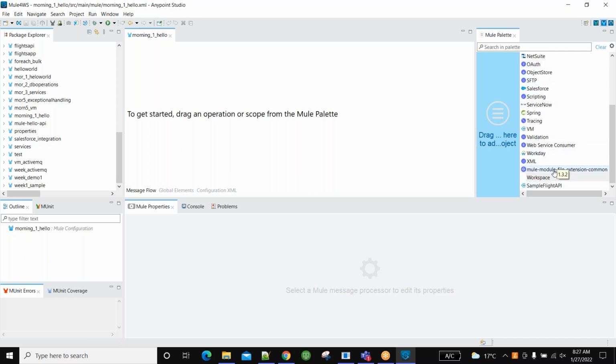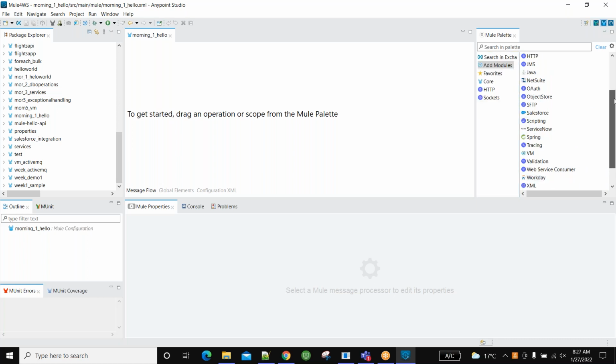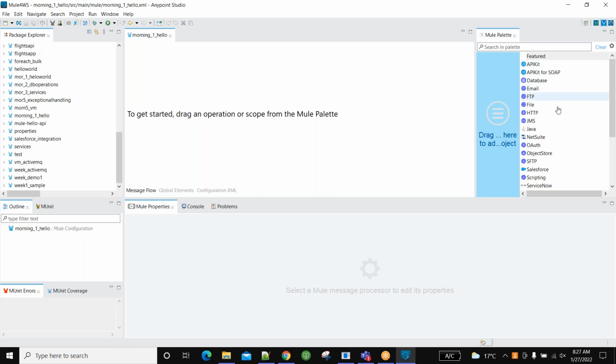Now you might be getting a doubt. Madam, you told us 500 connectors are there, but here we could see only a few. You may get that doubt. Yes, from here, search in Exchange is there, right? Through that, we can get whatever connector we need. If 500 connectors are loaded here, our project space will be more, the space we take in runtime becomes very big, and performance also will degrade. That is the reason they have not kept all the connectors in Studio. Whatever we require, only pull that, add it to your Studio, and we can work. In that way they have given.